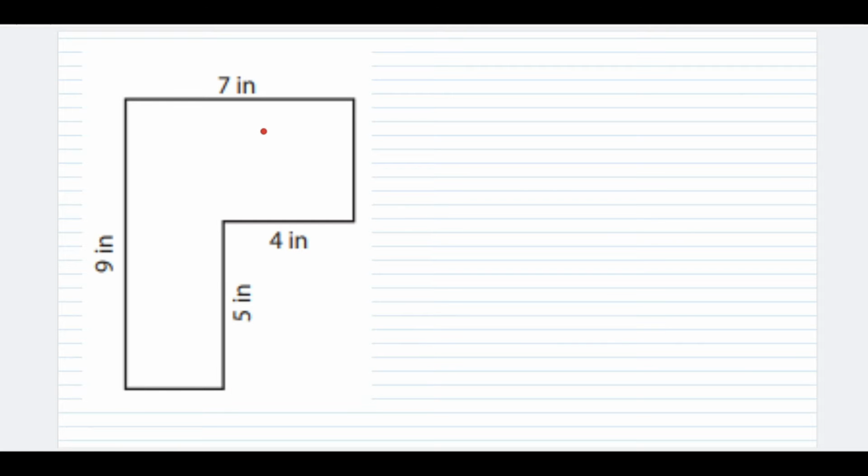Okay, we are continuing working on calculating the area of irregular shapes. We know the area is to multiply the length times the width. We have this shape here. How are we going to get the area of this shape? Well, we can cut this shape into rectangles. The way that we can calculate the area of each one of them in order to get to the whole